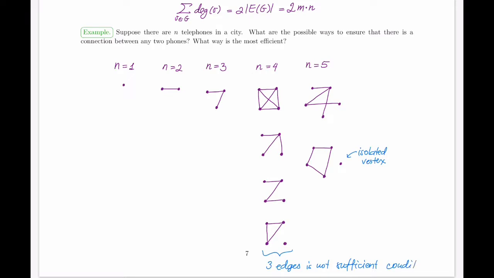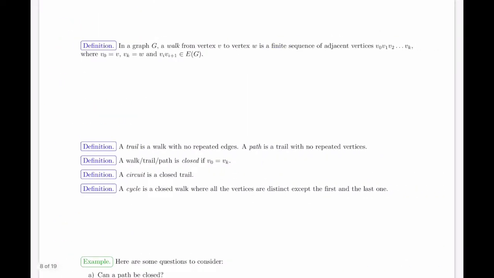So we're going to have to be a little bit careful in terms of classifying this connectivity simply in the number of edges. So let's formulate some terminology around this idea of connectivity. You notice that I was using words like we can get from one vertex to the next, and here we're going to actually come up with jargon to describe what this means in terms of graphs. The first one we're going to define is going to be called a walk.